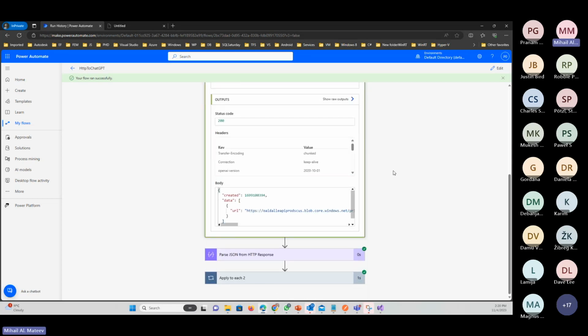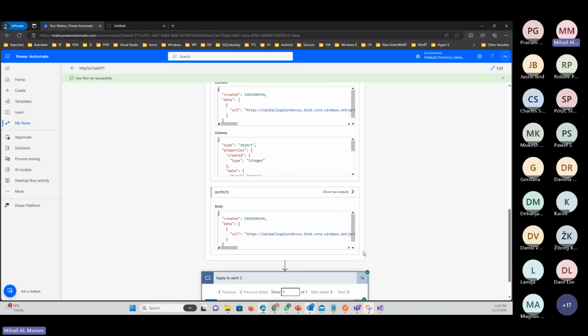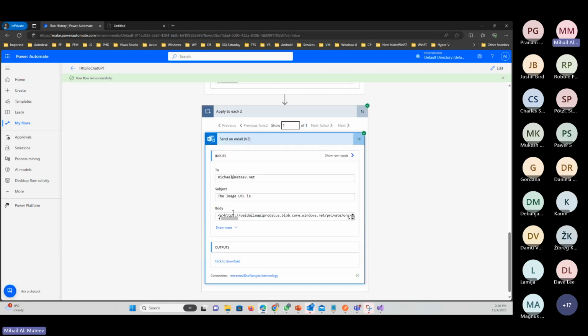So let's see. Actually, this should be the endpoint. We will check it a little bit later. And we have into the email this URL with the images. I will try to demonstrate this also end-to-end